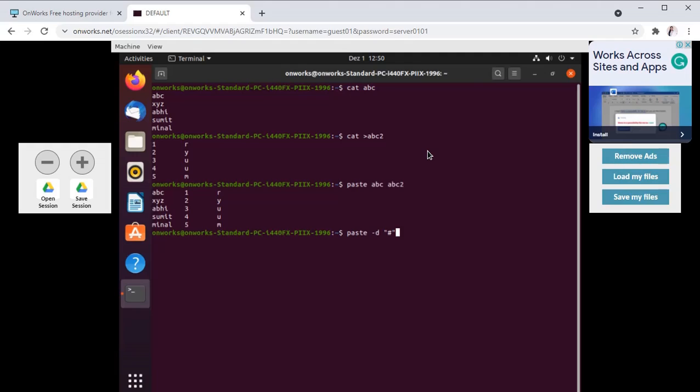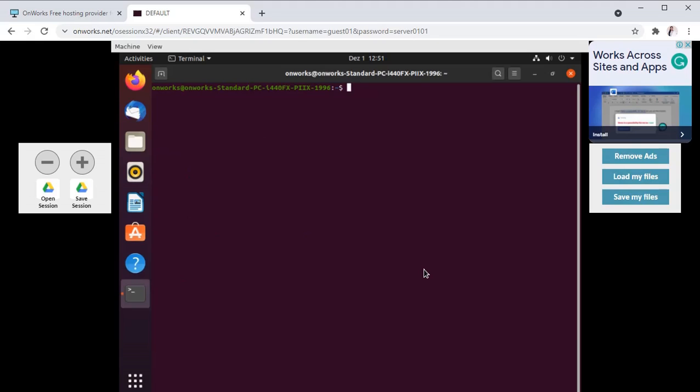So write hash, then abc and abc2, enter. See here, two files are joined with the help of the hash delimiter. After abc content there is a hash and then the content of file 2. So in this way we can use a delimiter to join the contents of two files. So this is all about the paste command in Unix, which is used to join two files horizontally.